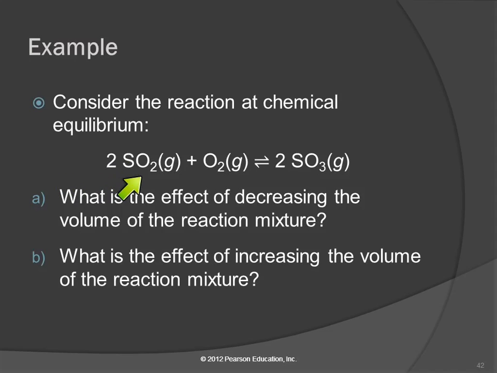Here we've got 2SO2 plus O2 in equilibrium with 2SO3. All of these are gases. How many gas particles or moles of gases are on the left side? The reactants. There's 3. 3 moles of gas on the left, and how many on the right? 2. So they aren't the same. If we decrease the volume,